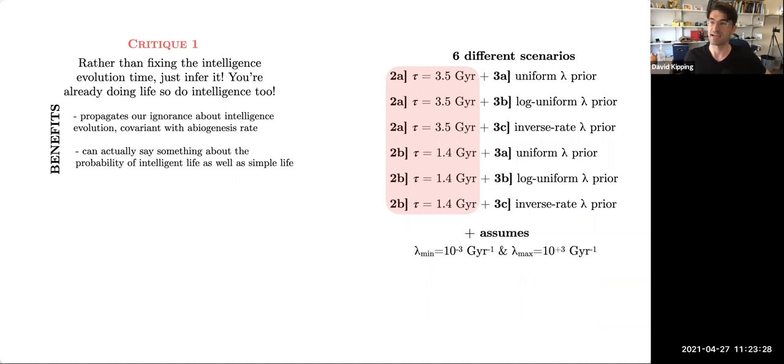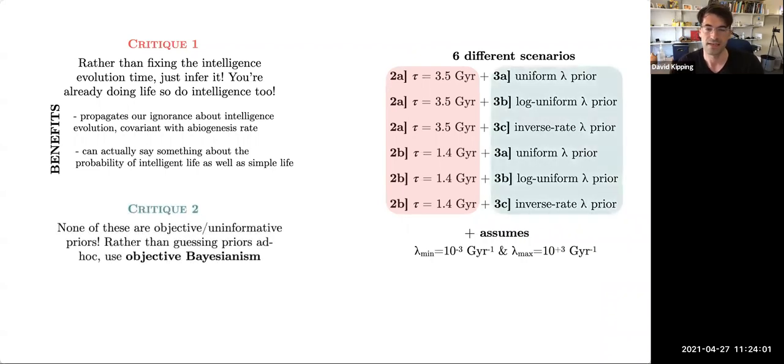Now, I know that seems scary because you're adding more unknowns into a very poorly constrained problem, but actually I would argue it's the best thing to do because you're propagating your ignorance about that term, because there will be covariance between them as we've discussed. And so that's going to inflate your uncertainties in an appropriate way rather than giving you artificially narrow posteriors at the end. You might think there's no risk of that given what you've seen so far, but I do think it makes more sense to propagate everything you don't know into the model rather than just choosing arbitrary choices. Critique number 2 is these priors.